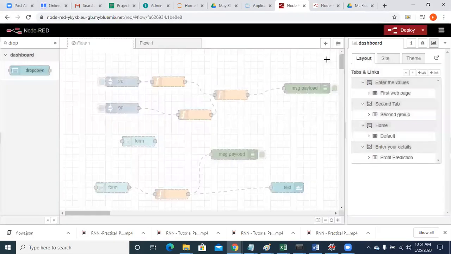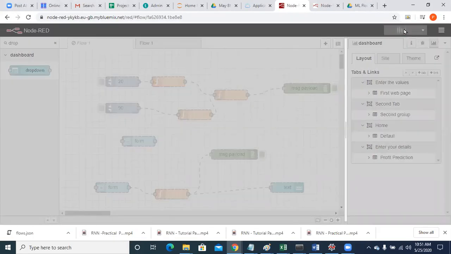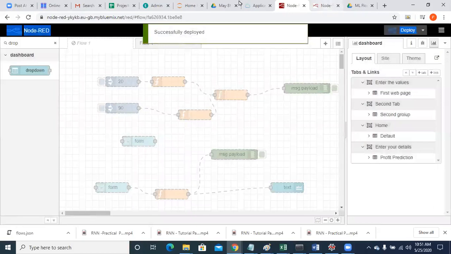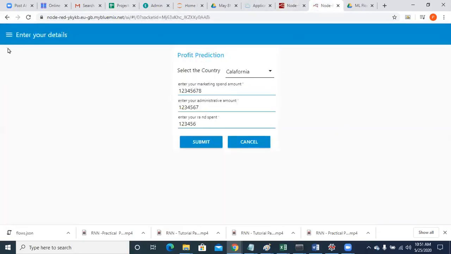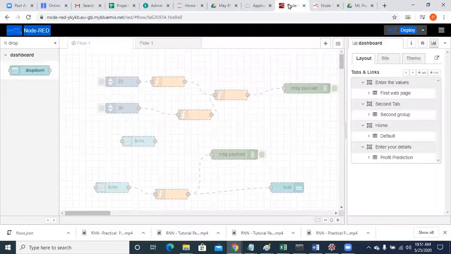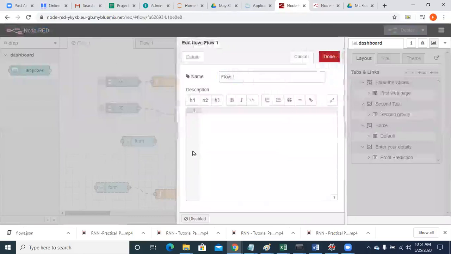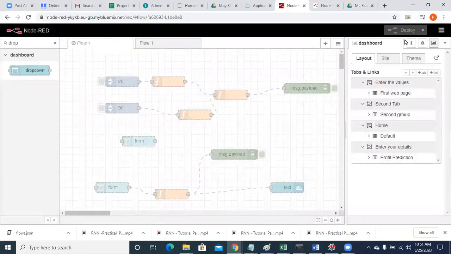Done. Now deploy it. Now go here and see, you will have your flow on the dashboard. Have you seen this, guys? You can disable the flows so that those UIs will not be shown. You just go here, double click that, click on disable and deploy it.